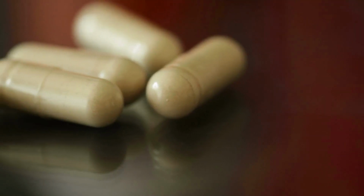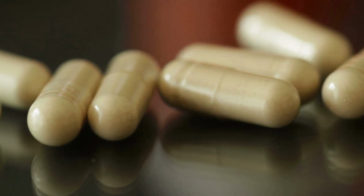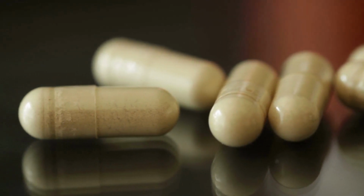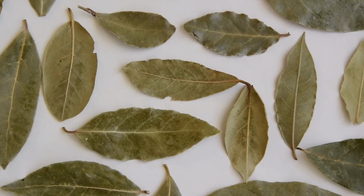Bay leaves can be consumed in a variety of ways, including as a supplement. Some supplements are made from dried and powdered bay leaves, which can be encapsulated and taken as a pill. These supplements may be more potent than using whole bay leaves, but it is important to be aware that the